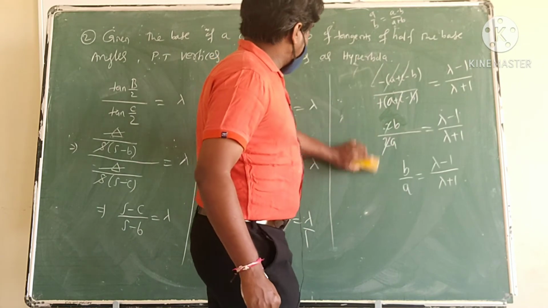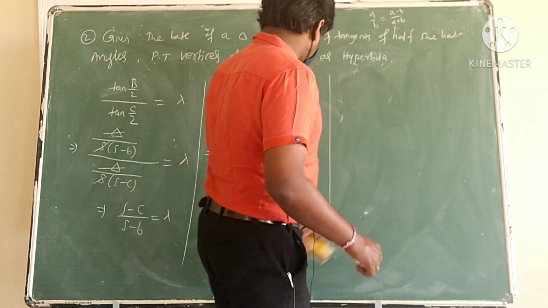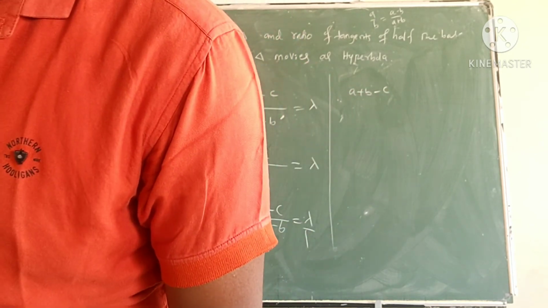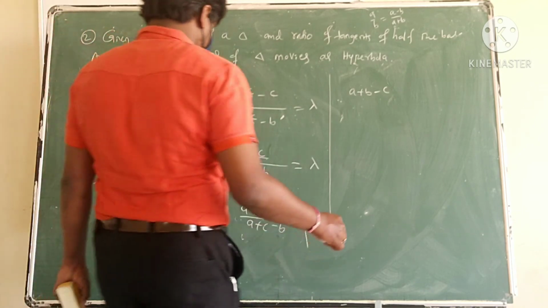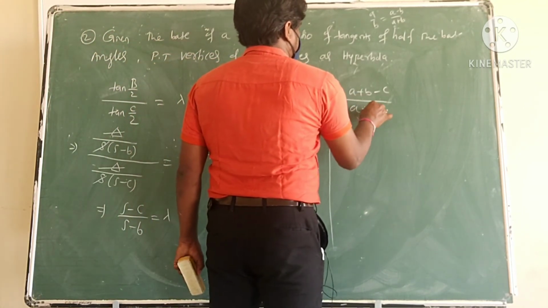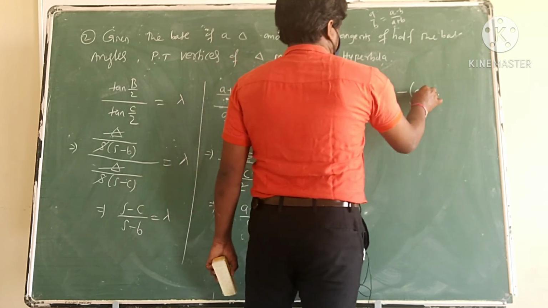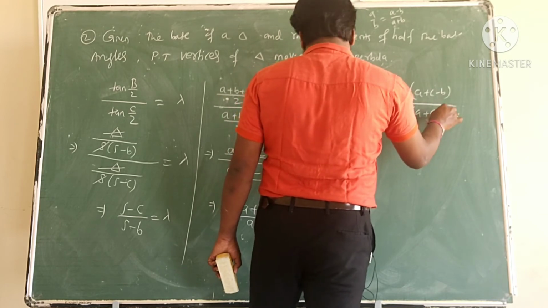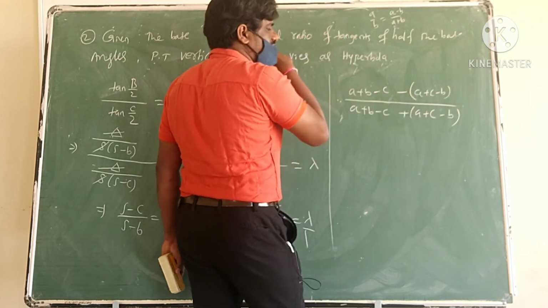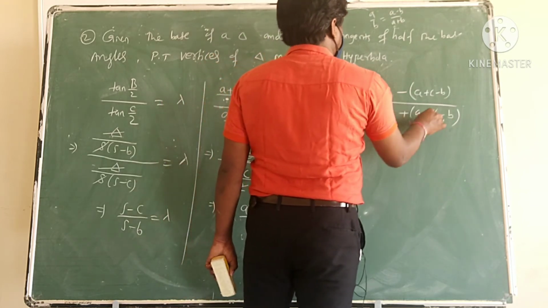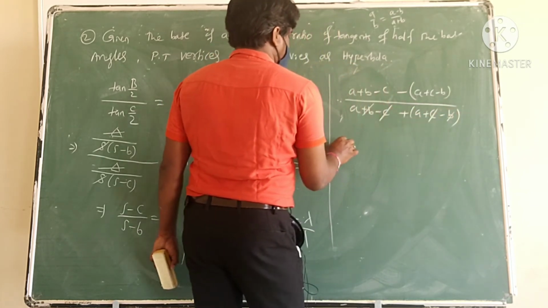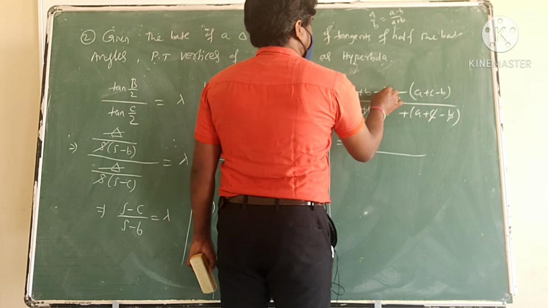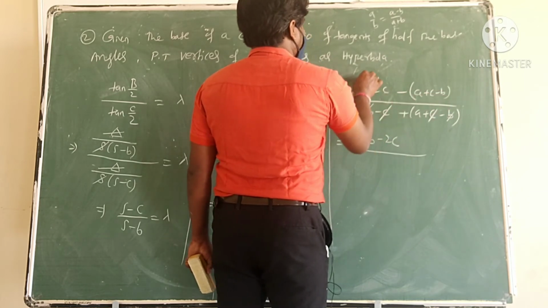See here, if I am doing again this one, see that what I am going to get here, a plus b minus c upon a plus b minus c minus a plus c minus b, or plus a plus c minus b. So plus means no sign change, right? So minus c plus c cancel, plus b minus b cancel. On the top you get as what here, b plus b, that is 2b, c minus 2c, a cancel, divided